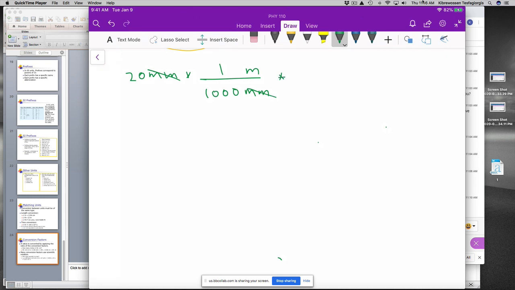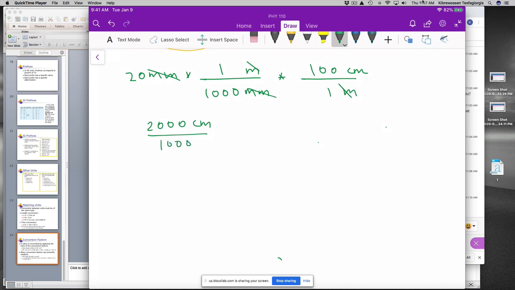So therefore, we need to eliminate this meter and then have it in centimeters. To do that, you need to have a meter here so that you can eliminate this meter by this meter. But we know that in every meter we have 100 centimeters. So if you do this, 20 times 1000 is going to be 2000 centimeter divided by 1000,